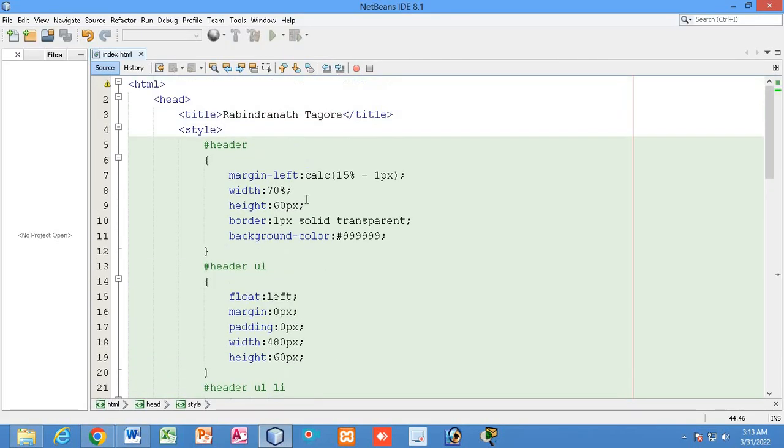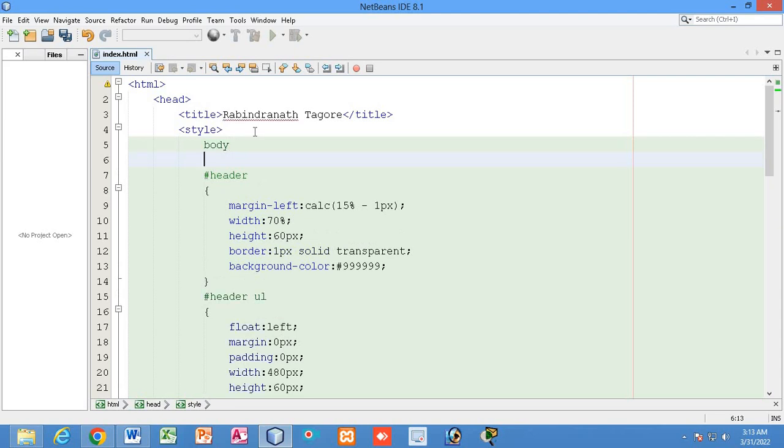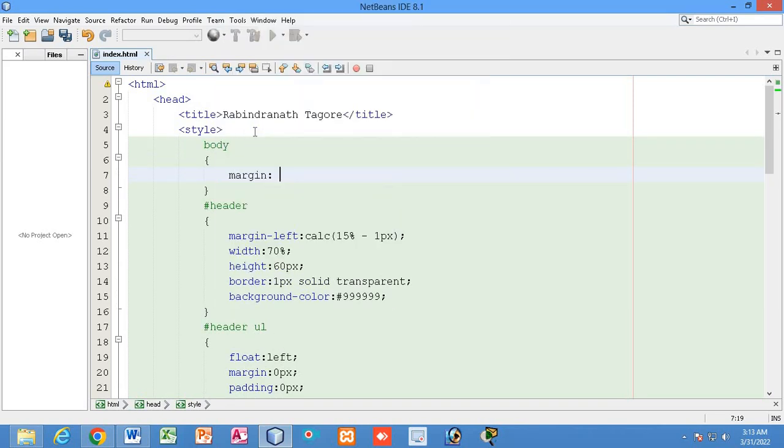Okay, so now you can see some space at the top. This is body margin, some space at the top. So body also has some margin. I will just write body margin 0px. So I will remove the body margin. Body margin will be 0px, right? After I do this, you can see the body margin has been removed. So you can see this header fits to the top of the browser, right?